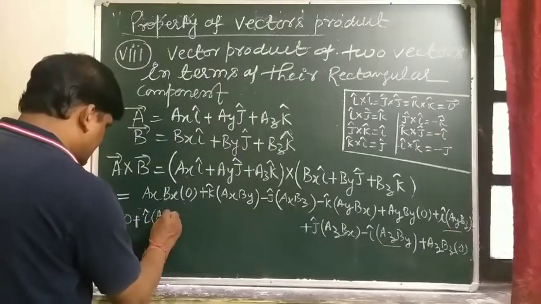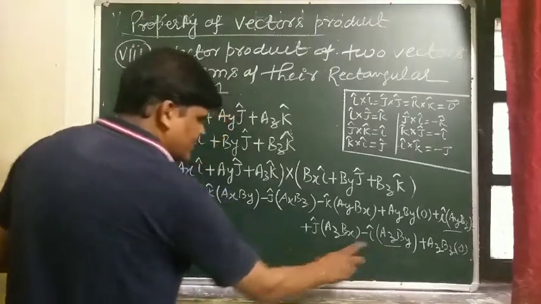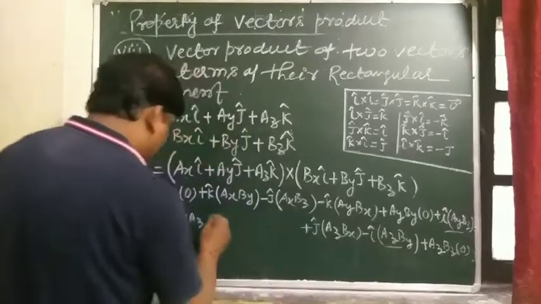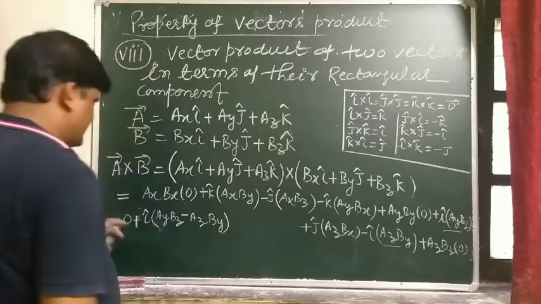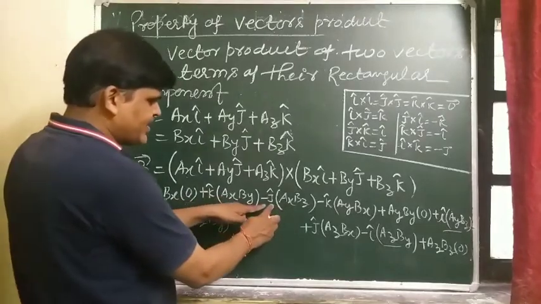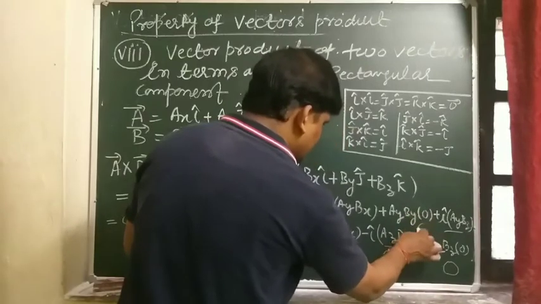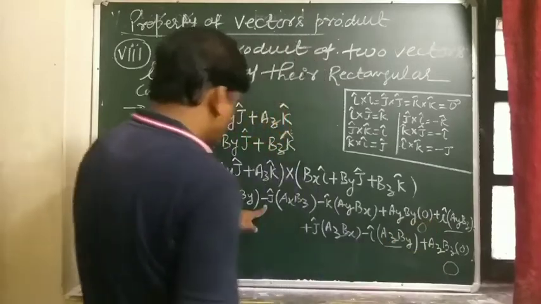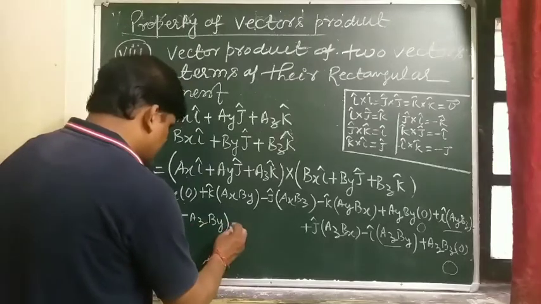So common between them, it will be written as Ay Bz minus Az By. Now, students, k. Now first we take j: this will be 0, this will be 0, and this will also be 0. So this quantity and this quantity are completely 0, multiplied by 0. So now take minus j. Here we take a common. So next, what is it?